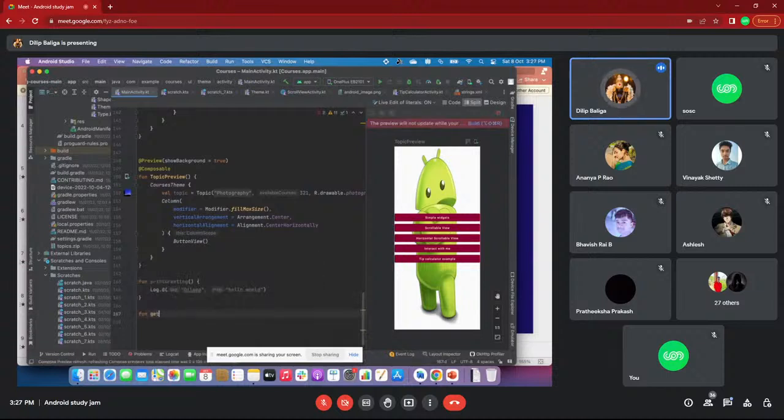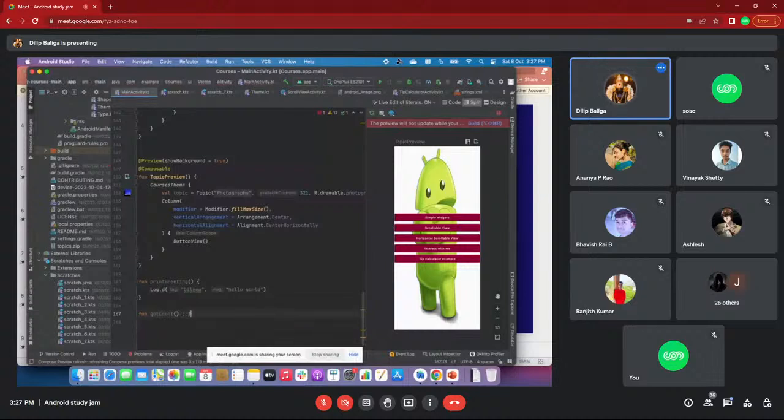Now a function with a return type, that I'll also create. One more suggestion: when a function has a return type, you are supposed to name it starting with get, because I am specifying that I am getting something from that function. That is the difference between the simple function naming convention and the function with return type naming convention. For example, I am writing getCount, and here is the function name.